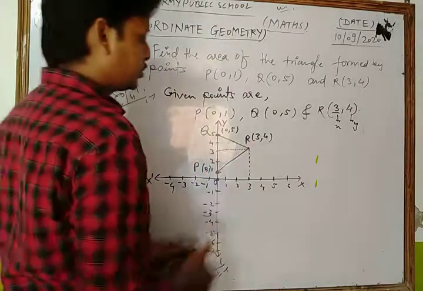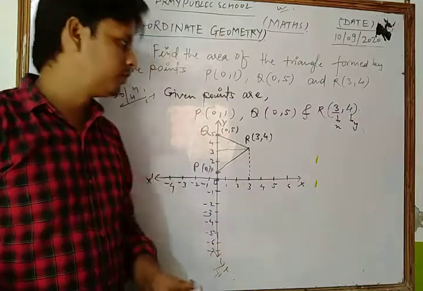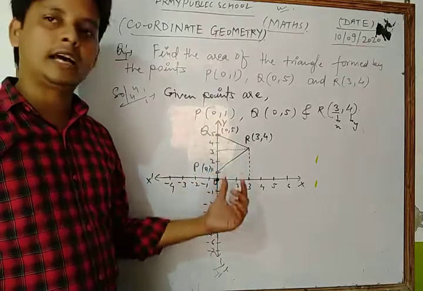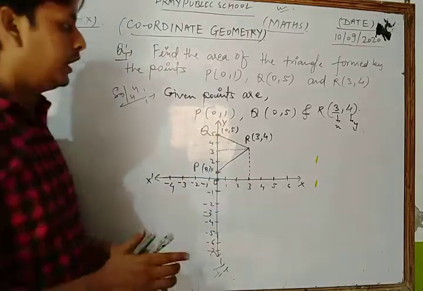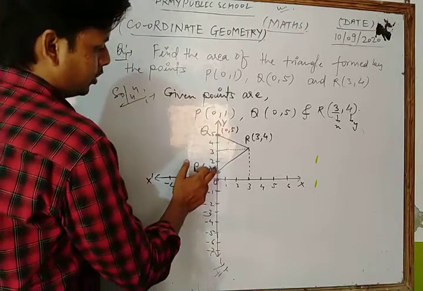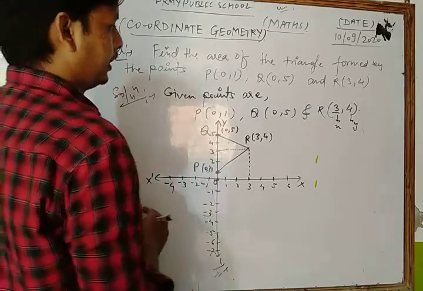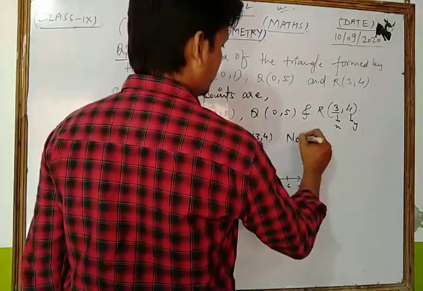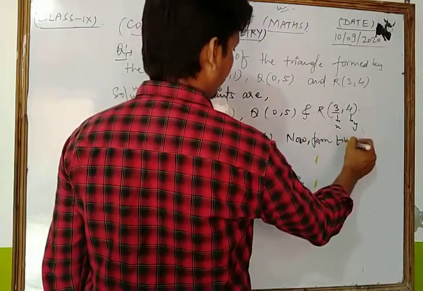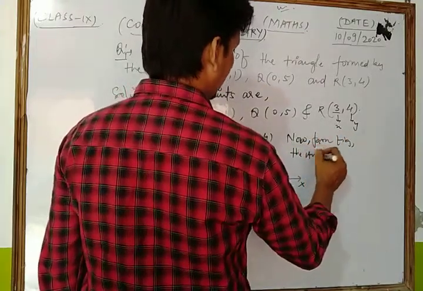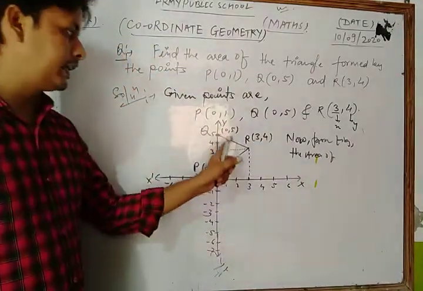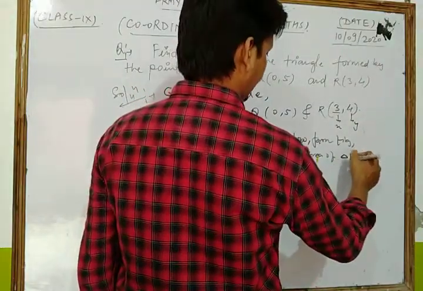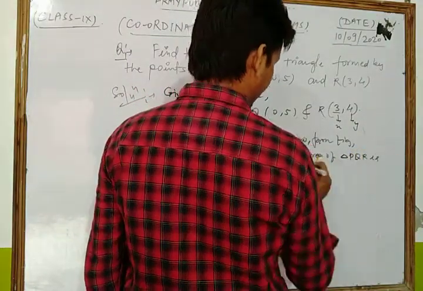Now look, in that question, first of all we make all the points on the graph paper. After that we join the points P, Q and R. In this way we form a triangle PQR. Now look, dear student, here the base is 1, 2, 3, 4. Now we know that from the figure the area of triangle PQR is given by